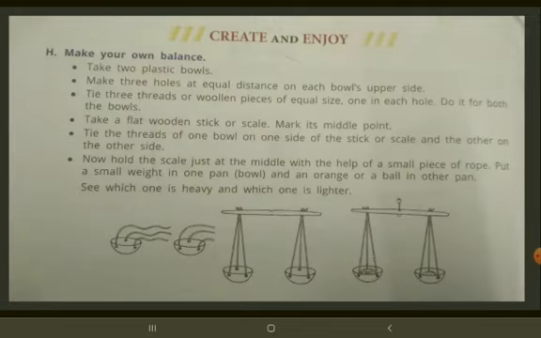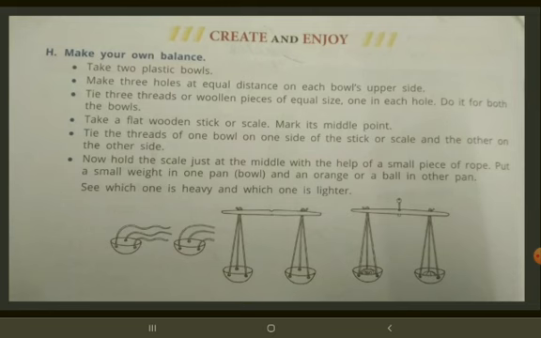And one more, this is a very enjoyable activity. You have to do this one, children. A very enjoyable activity using home materials. Don't buy from outside the city. Whatever is at home, use it. Understood? This year, take 2 plastic bowls, they are going to say, but you have to take